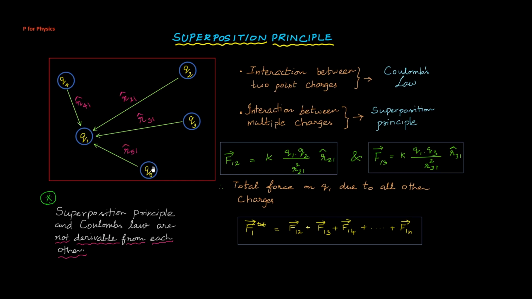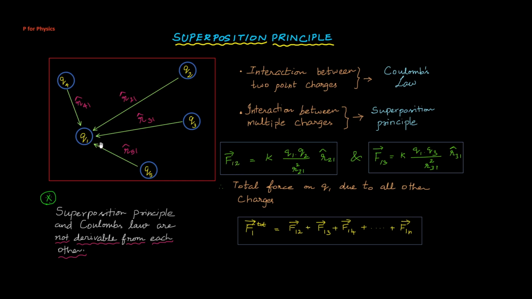Instead of considering the interaction or the force exerted by all the charges onto one single charge Q1, we can tackle it one at a time. Yes, we are going to simply apply Coulomb's law by choosing one pair at a time. So here, F12 vector might be a little familiar to us because this is what we were dealing with in Coulomb's law's vector form. So we understood that F12 vector is nothing but the representation of force exerted by the second charge onto the first charge.